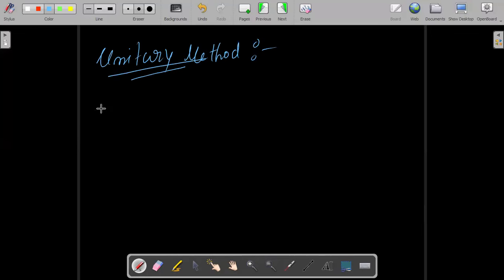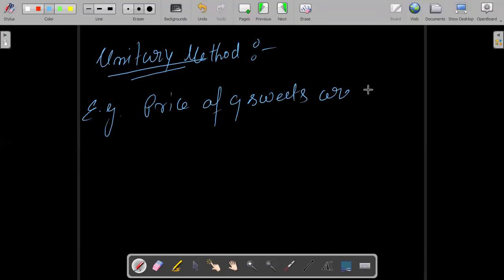Right? The example was like this. The price of 9 sweets are rupees 72. Then what is the